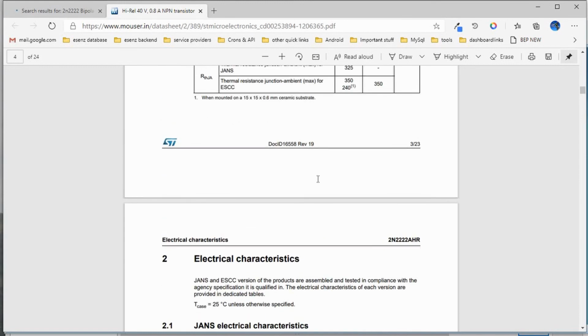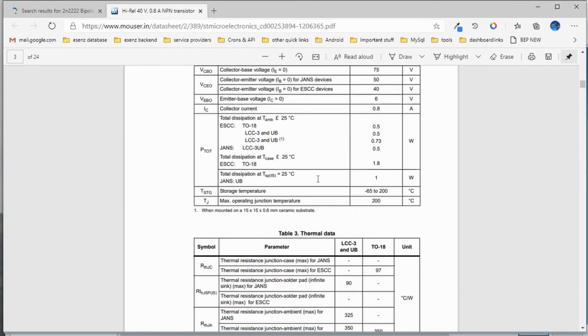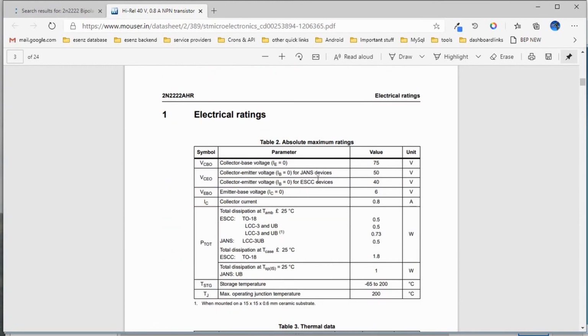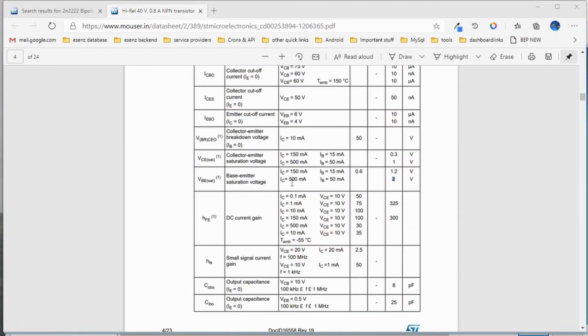So now let's start our design. I am going to limit my base current to 50 milliamps. We should also see what is the base emitter voltage. We have studied that for a silicon diode, silicon transistor or a junction, it is 0.6 or 0.7.